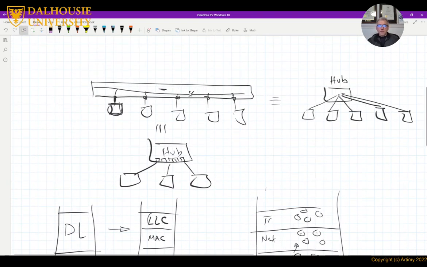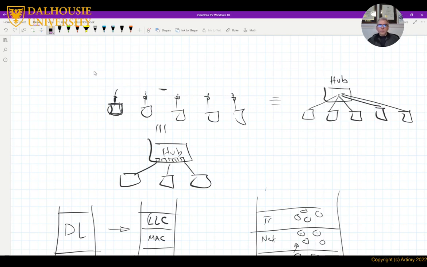Like if the network disconnected here, the whole network fails, even the parts that still remain connected. So if there is a cut here, the whole network is down.